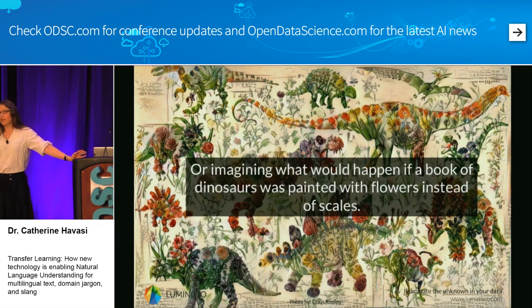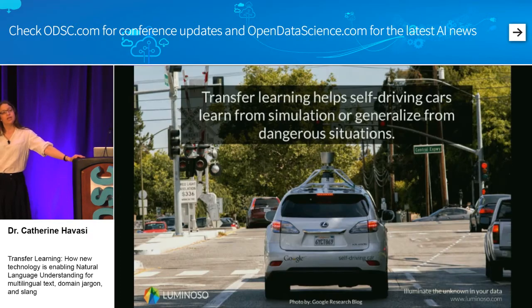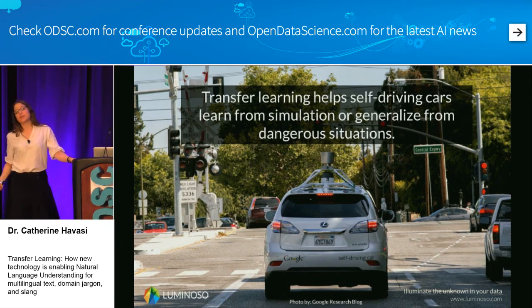So these have all been really fluffy examples. I want to give some examples that are a little bit more practical. So self-driving cars. It's really difficult to go out there and get all kinds of data that you need for doing self-driving cars. One of the reasons for that is because you need data for difficult or dangerous situations, and you don't want to put self-driving cars in difficult and dangerous real-world situations frequently. To deal with this, there are a lot of different ways of handling that.